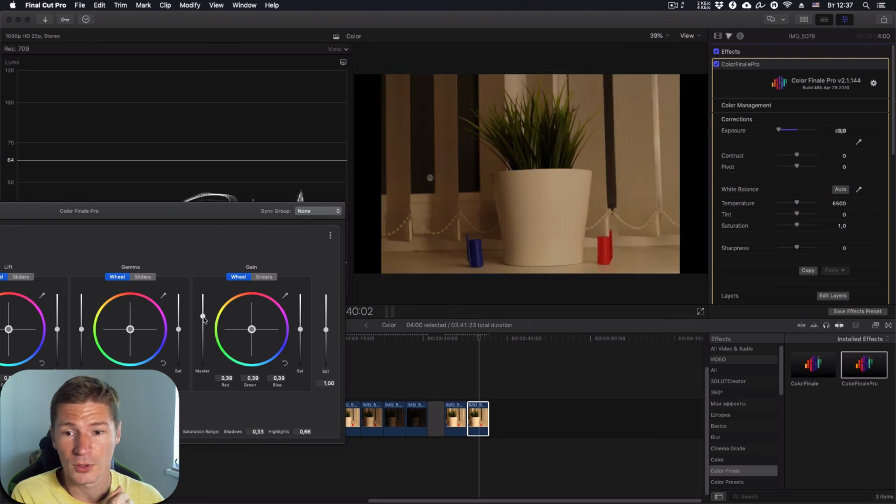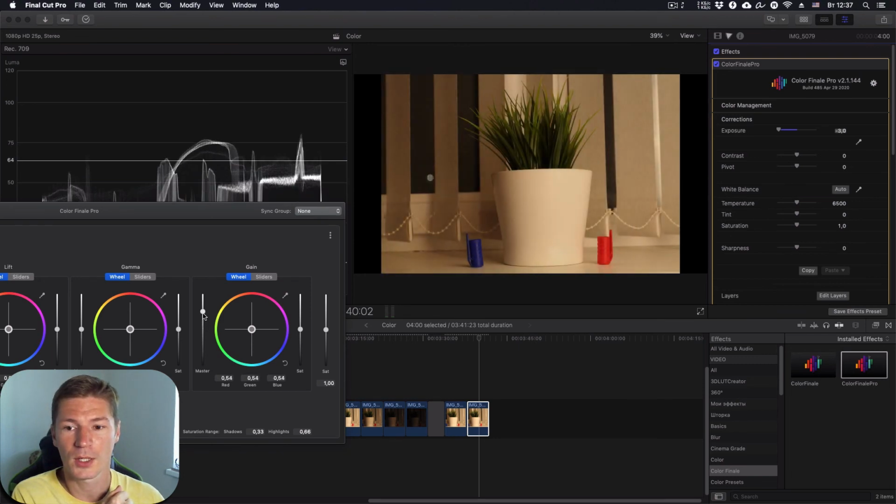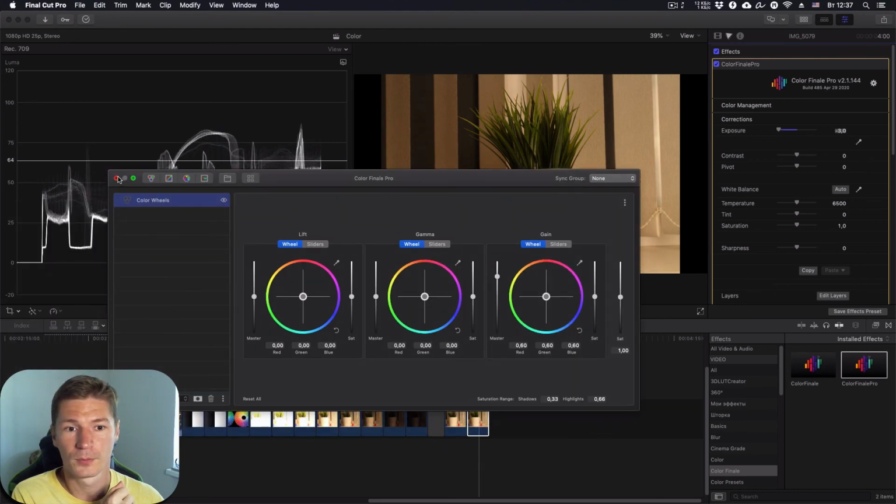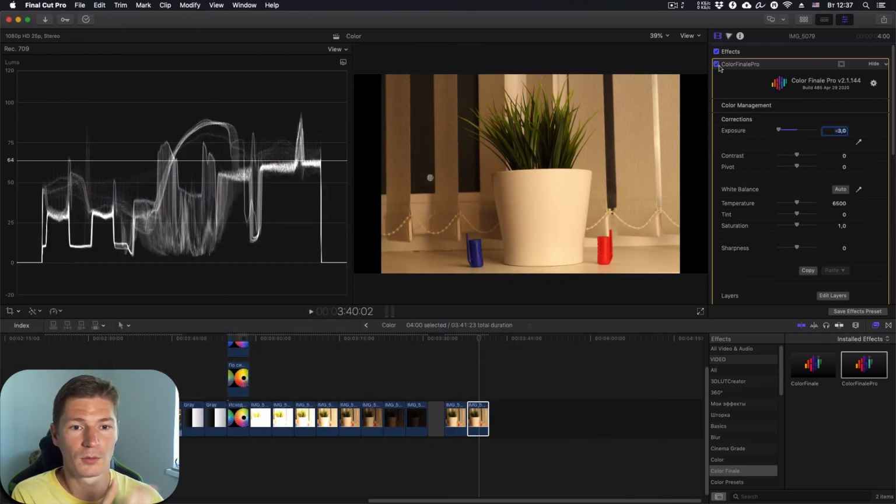I put it here, and we have our source. You can see it's our source. So this is not exposure. I don't know why, but this exposure is not exposure. It only changes